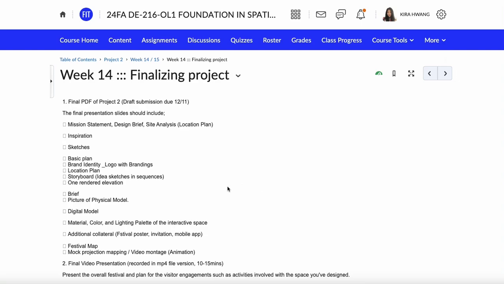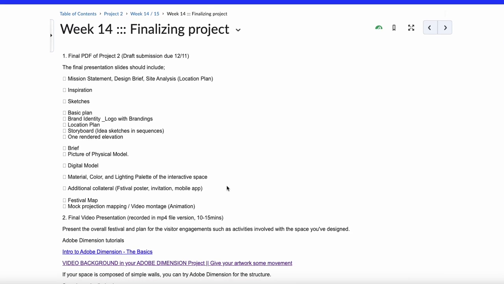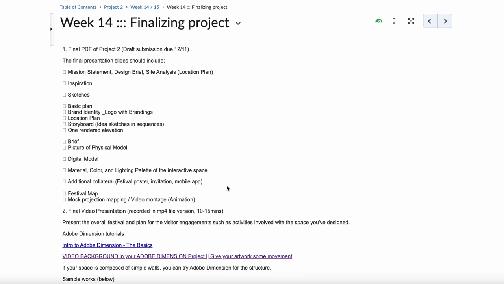So first, I'm going to overview this week 14, this week's project finalizing part. We're going to make the final presentation video as a second project, the presentation. Before that, you're going to make a complete final PDF of the design slide, which will include mission statement, design